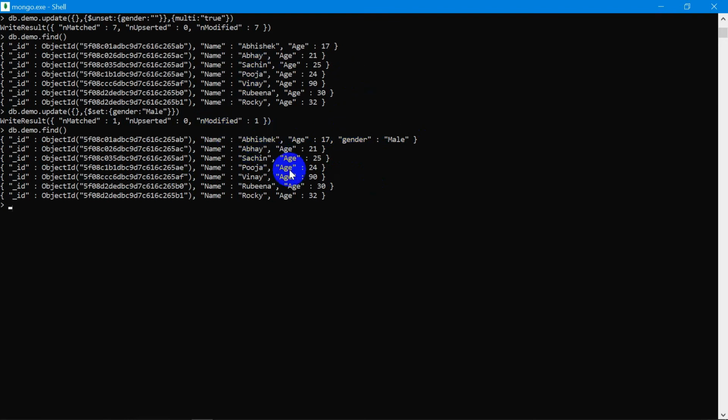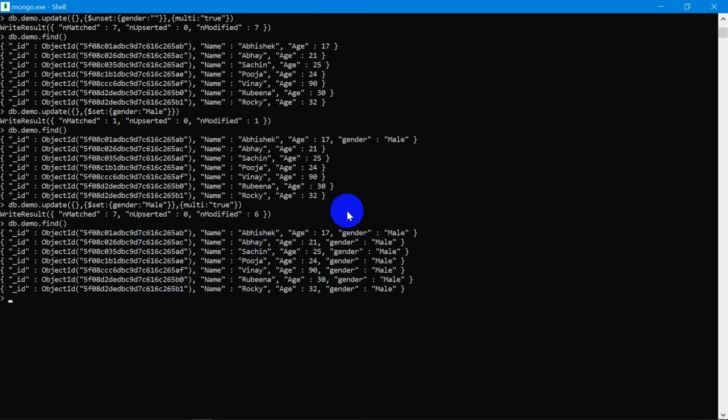And if you want to add the same gender for the remaining rows, then you can do it by simply adding a multi document into it. Here you can see that modification is done again, but this time with 6 rows, and you can look at your data, and here you can see that